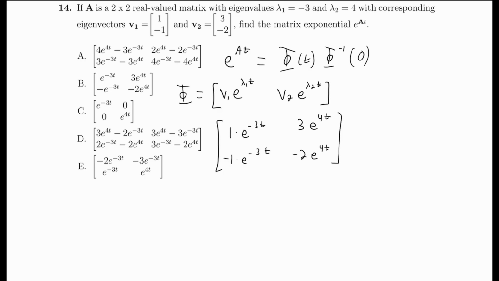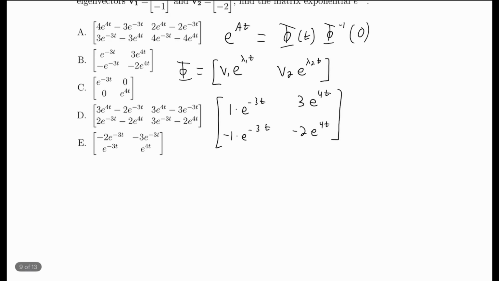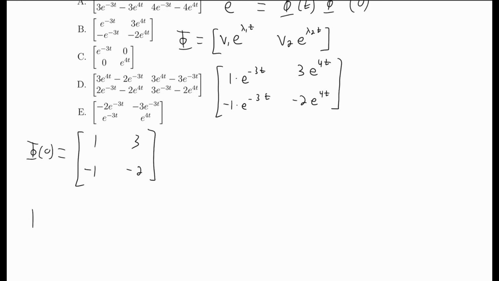We can go ahead now and find the inverse of this. Remember that the inverse of a 2 by 2 matrix, or actually we'll plug in 0 first, that'll make this a lot easier to find the inverse without doing it symbolically. So Φ of 0 is equal to e to the negative 3 times 0, which is just 1. Negative 1 times e to the 0 is just negative 1. 3 times e to the negative 0 is just 3. And this last one is just negative 2, which means the inverse